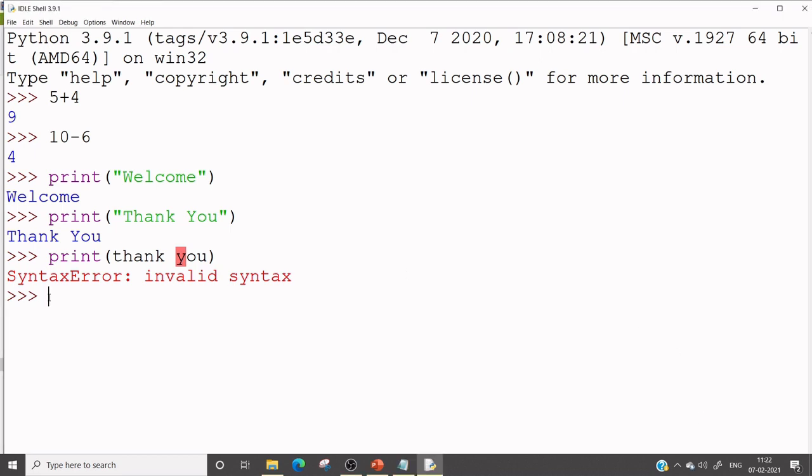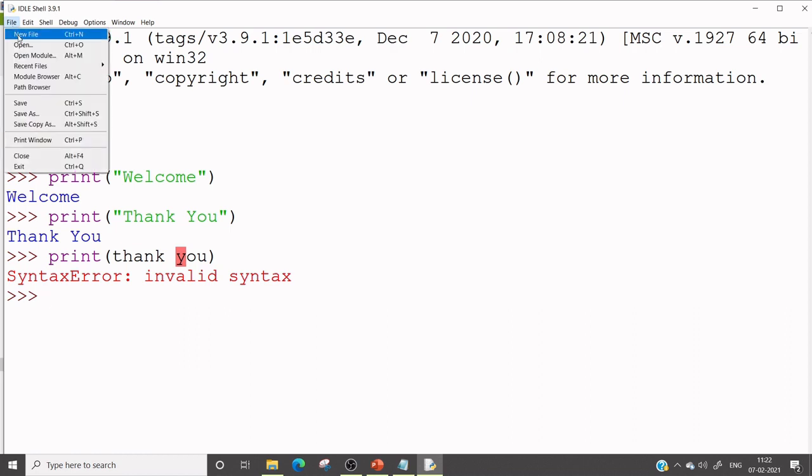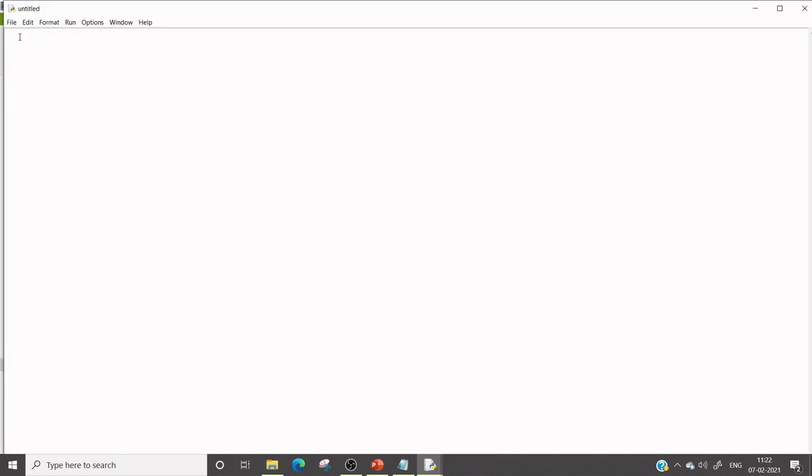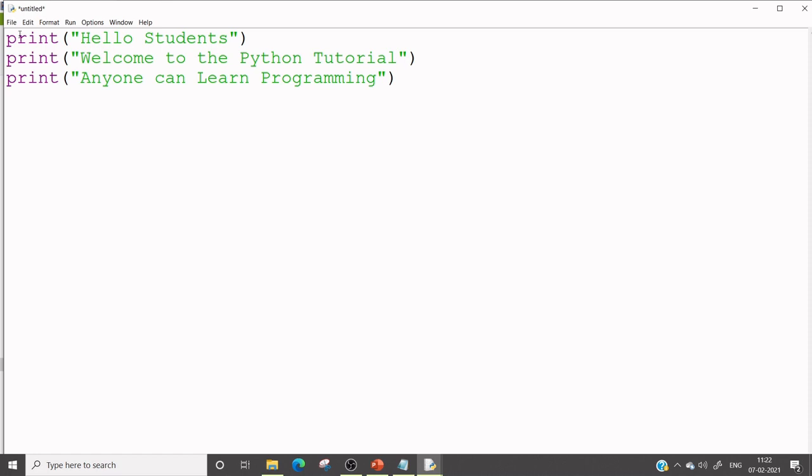Usually, a program contains multiple lines of code. For running multiple lines of code, we could not use this Python shell. For example, if I want to write a program using 3 print functions, then I could not use this Python shell. For that, go to File and New File. Here, I write 3 print functions.